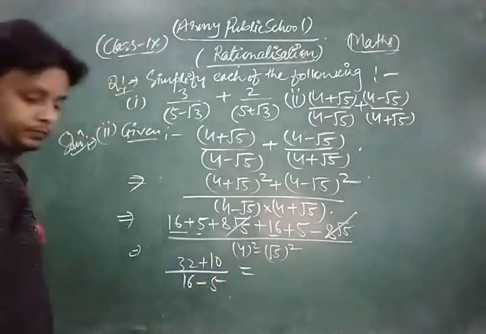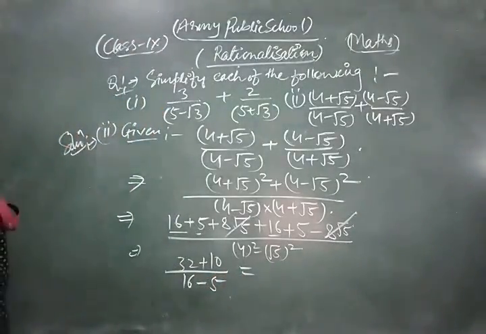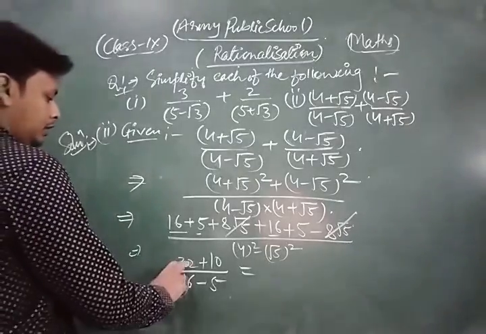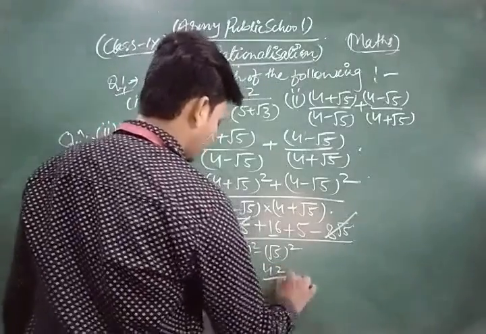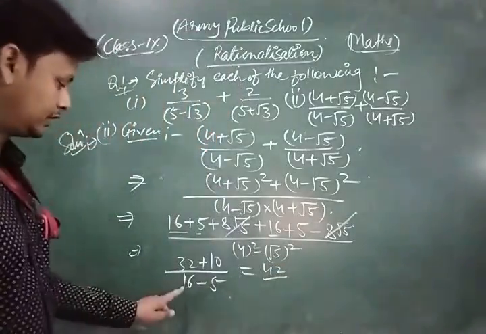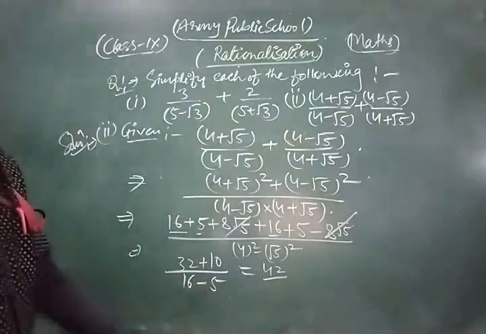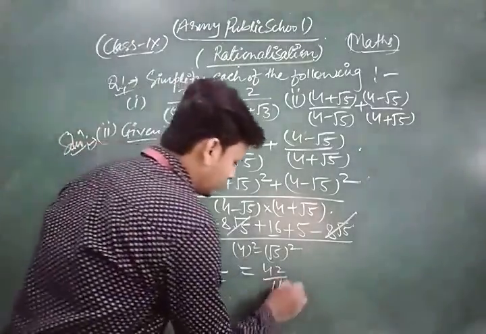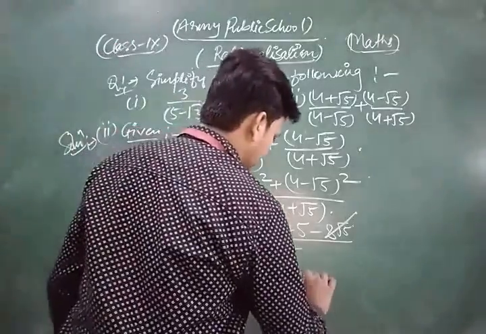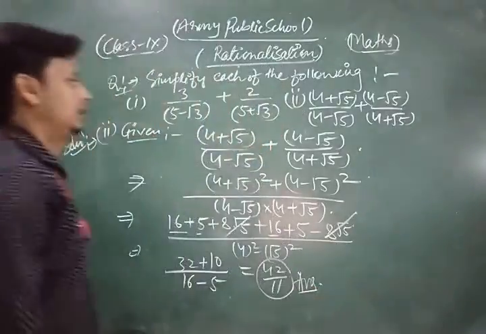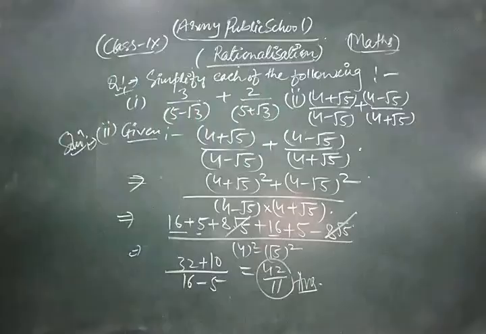So we have 42 plus 10, that is 42, upon 16 minus 5, that is 11. So the required solution of the given expression is 42 upon 11. This is the required solution of the